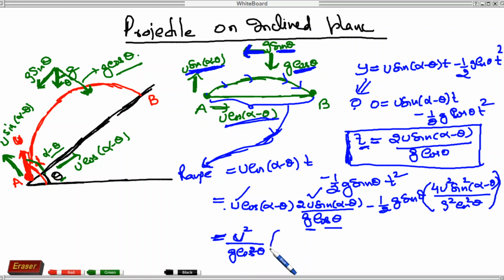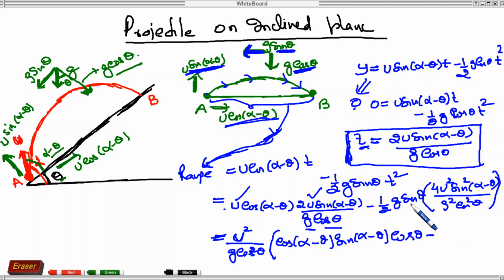I am going to take these things common. So what will be left inside? cos alpha minus theta, sine alpha minus theta, cos theta